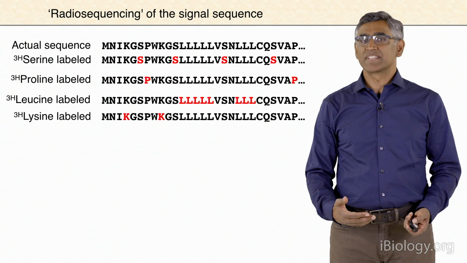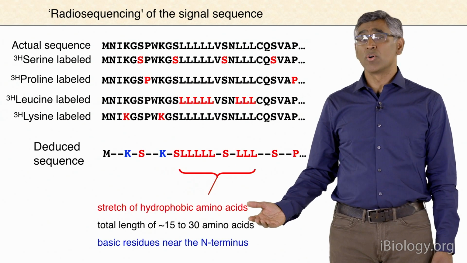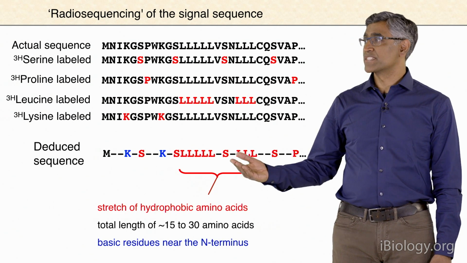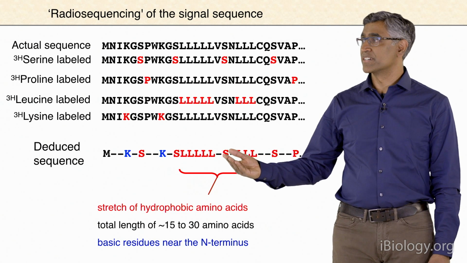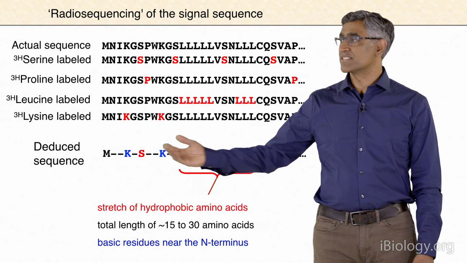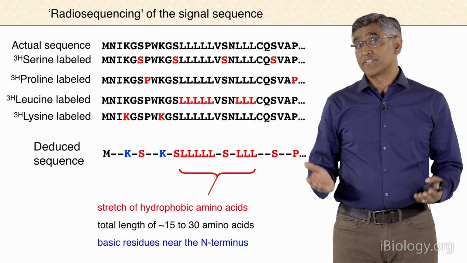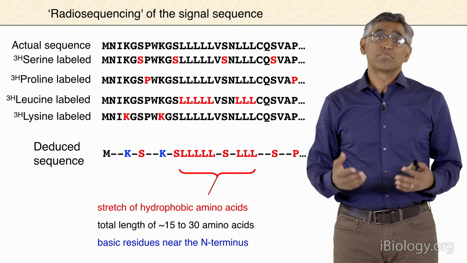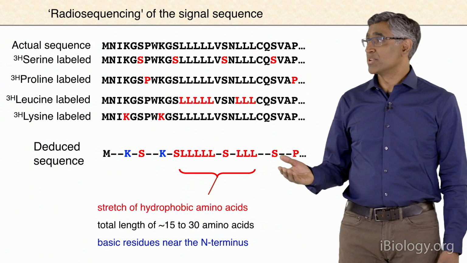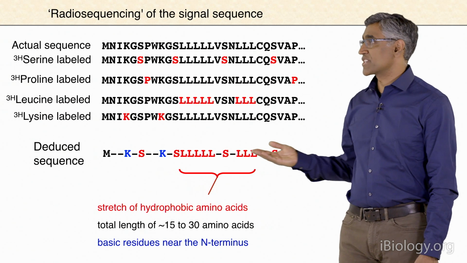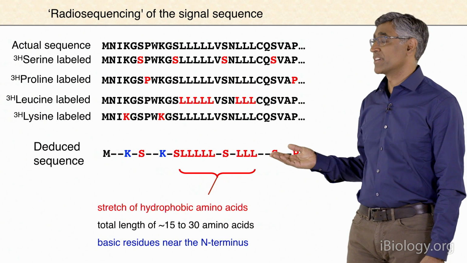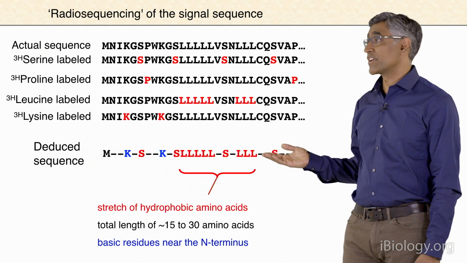And then you could piece this together, and of course you wouldn't know the whole sequence, but you would know, for example, that there were a bunch of leucines here, there were perhaps 2 lysines in the sequence, and so forth. And when they did this with a number of different signal peptides, they noticed some patterns that emerged. For example, a lot of signals had stretches of amino acids that were hydrophobic. So in this case, leucine, which is a very commonly found